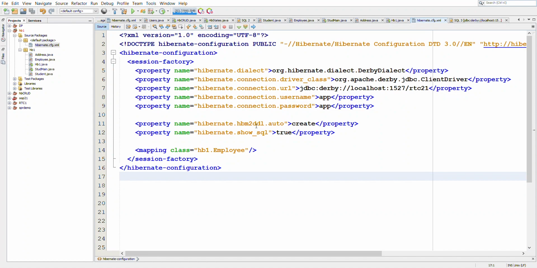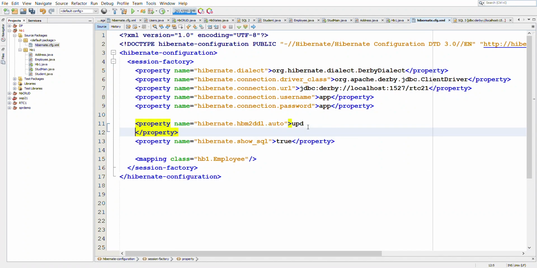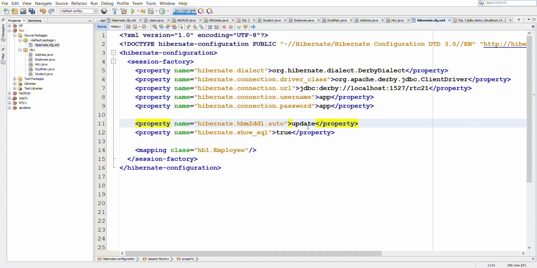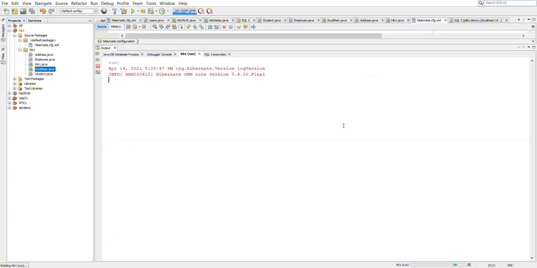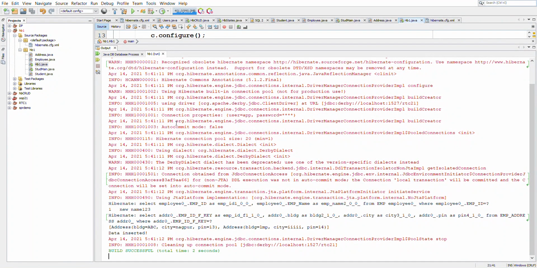Also, we will have to change the auto property here from create to update, since we are planning to work with the already existing data. So we change this to update and we run the file. So here in the output, we can see that a select query has been fired.